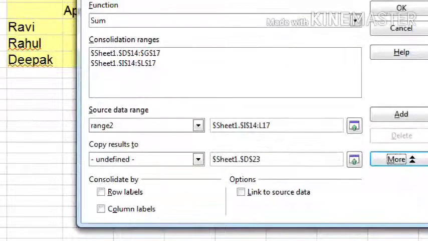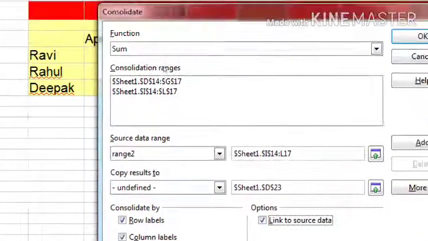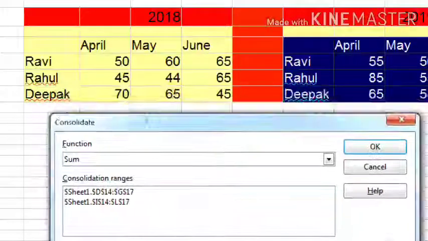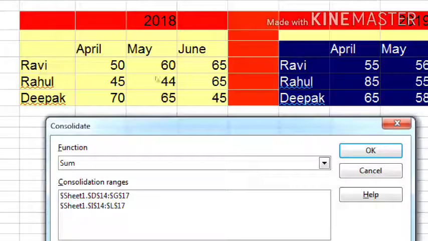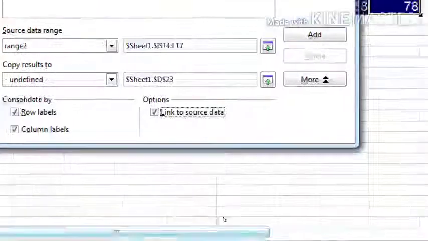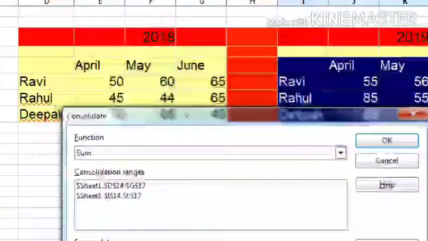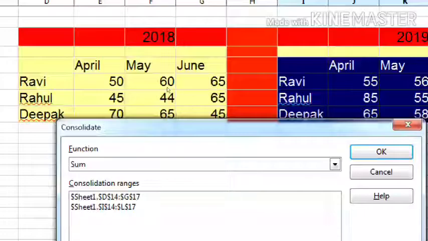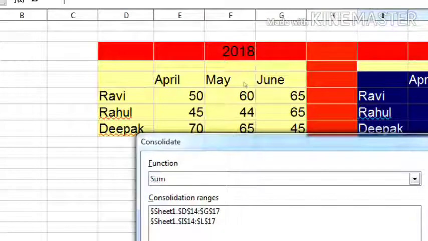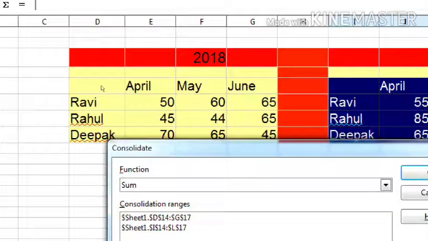Now in More, Consolidate by: row labels, column labels, or link to source data. Row means it will add by row. Okay, by row, and column means it will add column wise. Okay, column wise.